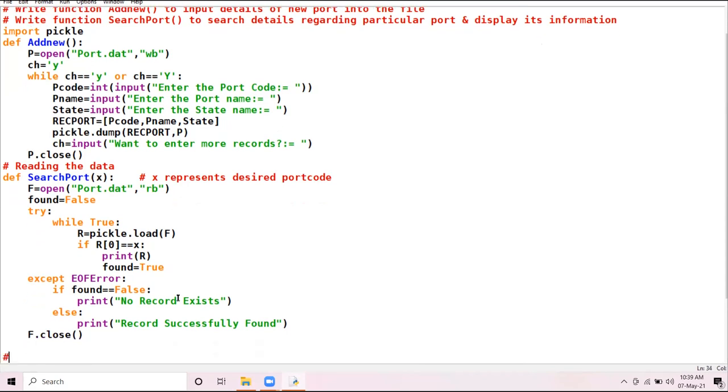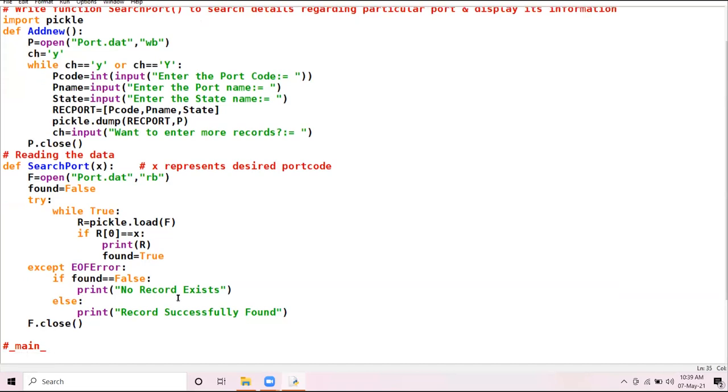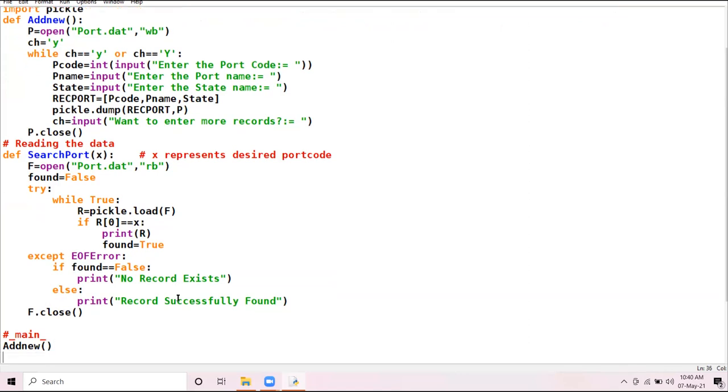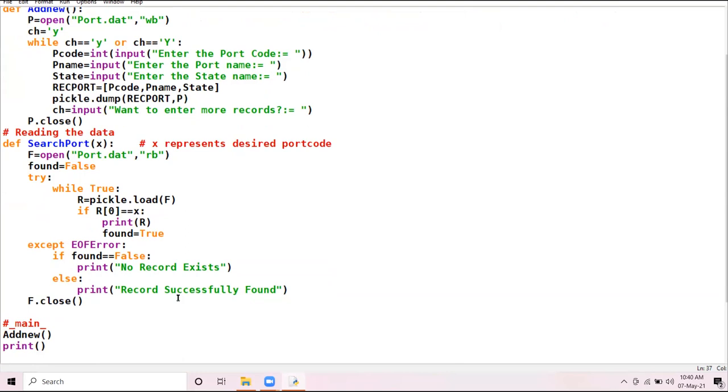Now we will go with the main function, the top level statements. We have created the functions. Now we have to call the functions. Unless and until we call the function, we won't be able to execute it. So first function we are calling is add new. Then I am giving the print statement here.